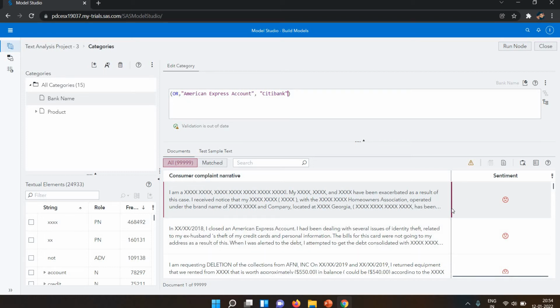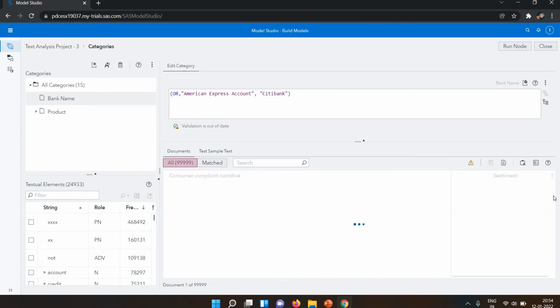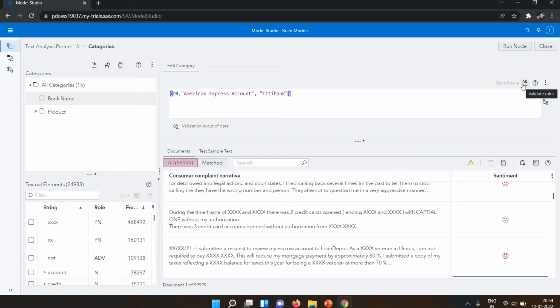What else do we have here in data? Okay, let's suppose we have only the two banks here. If you have many, you can write many bank names also.